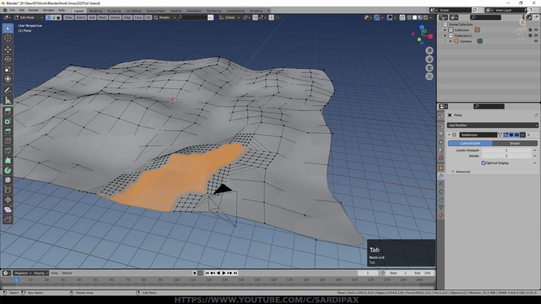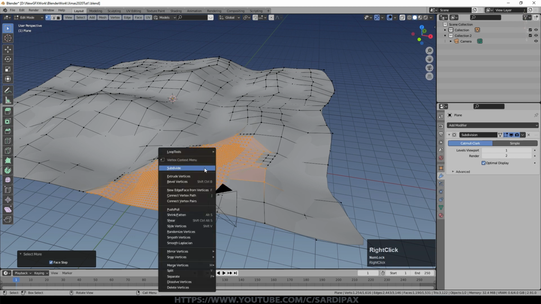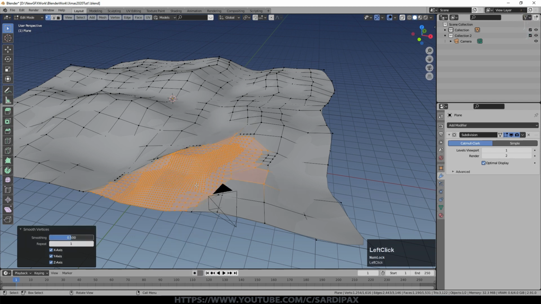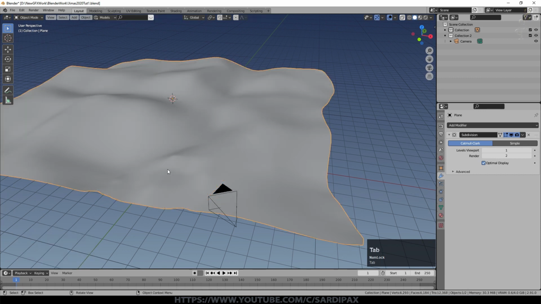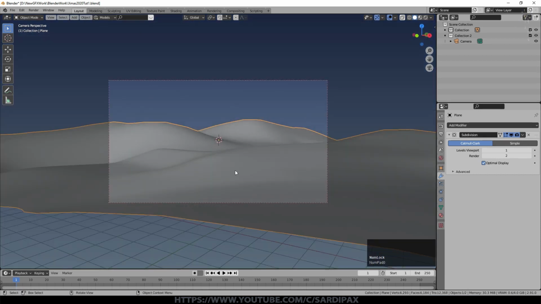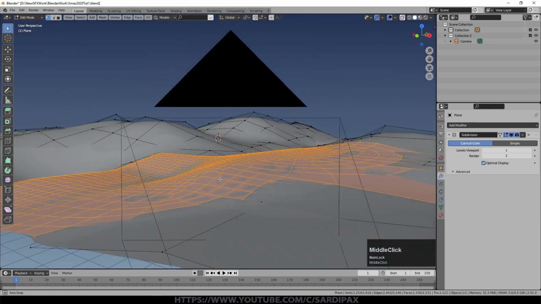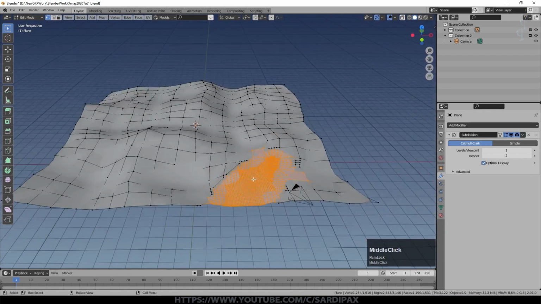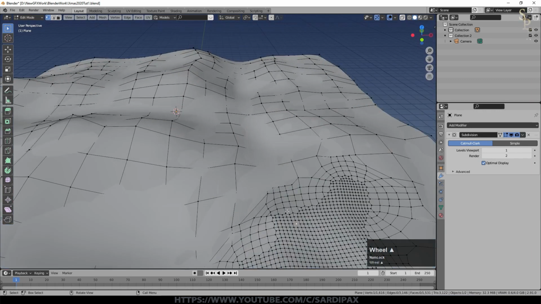So what you can do then is select it all and just say smooth vertices. And you might need to do that a couple of times, or you can turn it up here. And you can see that's doing the job. It's just to do with the way that subdivision works. So that's now got a much higher subdivisions area. We actually probably have not quite subdivided the right part of the landscape, but that's okay.